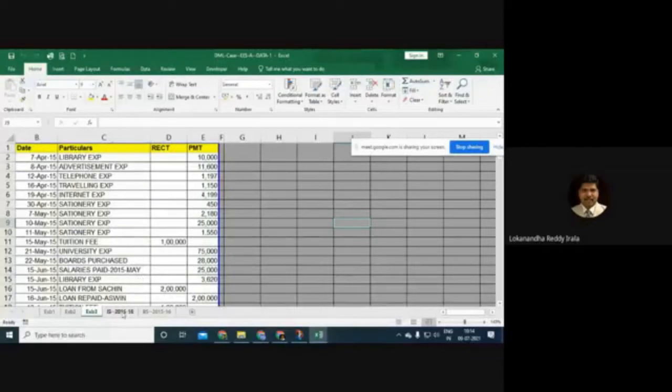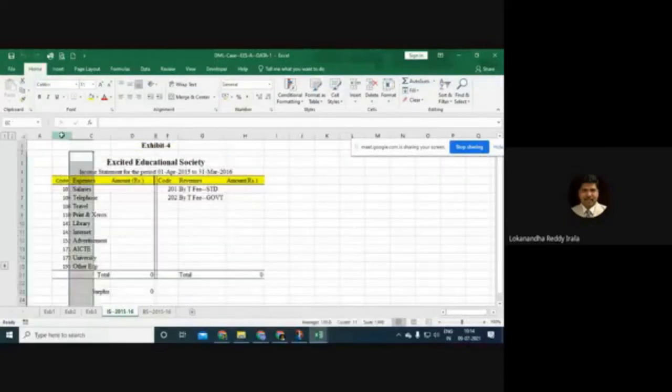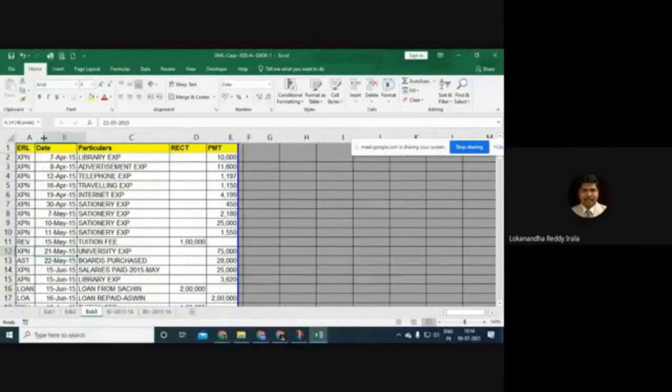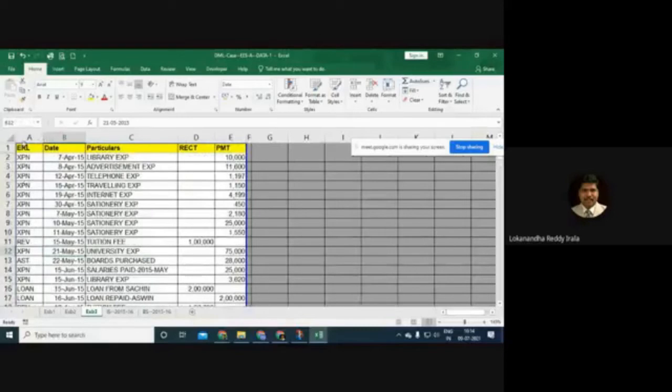To do this, if you closely observe the income statement, here you have something called code that is missing in this data. That means this data only has the date and particulars. Maybe it is hidden here. Let us just pull it out. Yeah, no, it's not there. There is something called ERL, but the code is not there.